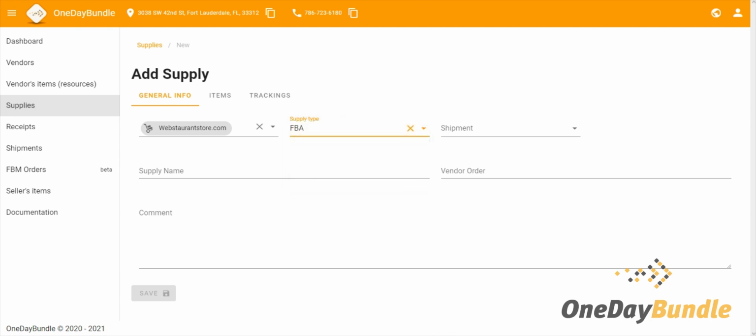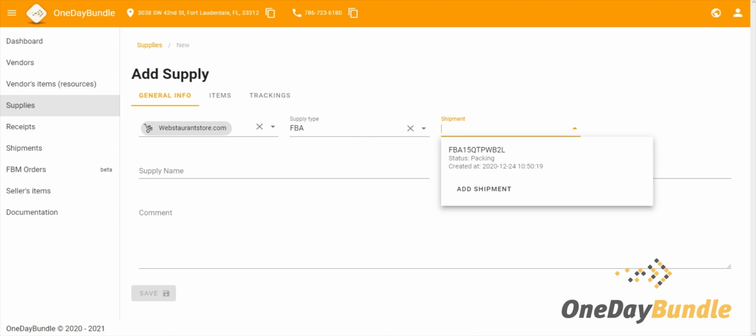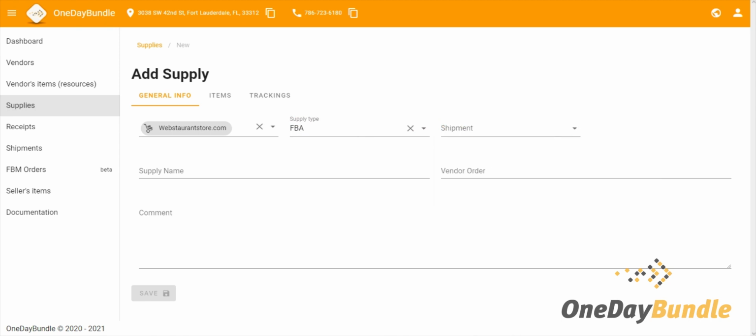If you select FBA, you have to indicate shipment ID, which you have already created in your Amazon Seller Central account and imported to the ODB Bundle application. In the next video, I'll explain how to add or import shipments to the application. Basically, when you add shipment ID, your items won't be stored in the warehouse, but will be packed right away